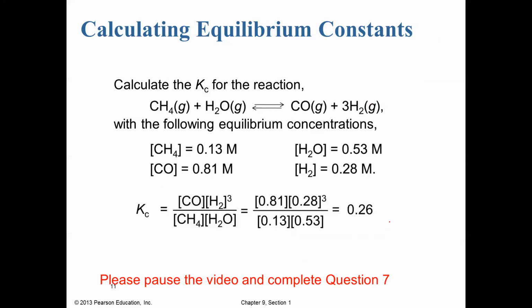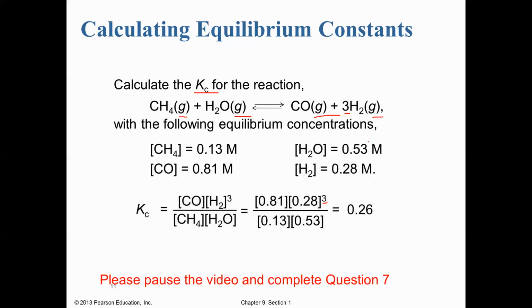All right. So here is another example. Calculate the Kc for the reaction below. So if we look at this one, again, these are all gases, so they'll all be included. Our products go over our reactants. So CO and H2 go on top. The 3 right here is going to become a cubed in our expression. And also,